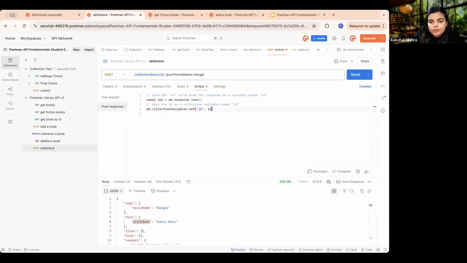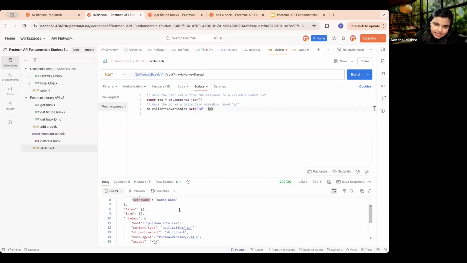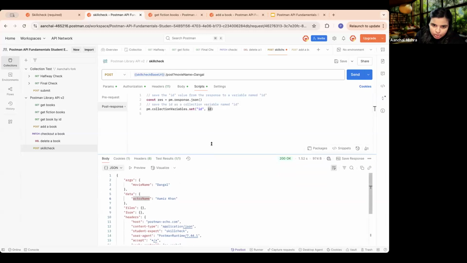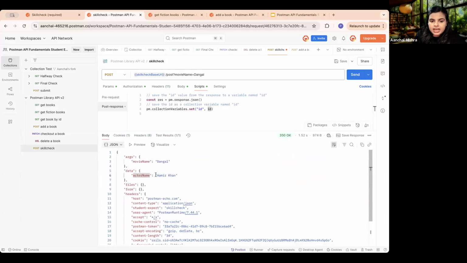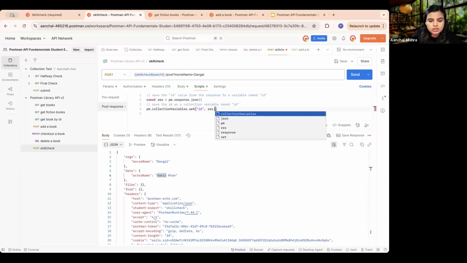So the actor name basically resides inside this. If you look into the response section, you will see that actor resides under response, then data, and then we have actor name, right? Inside that. So what we'll do is we will quickly come over here and write response dot data